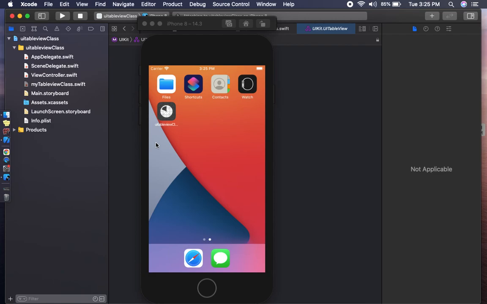So we can give return, and we can display the header section for that.